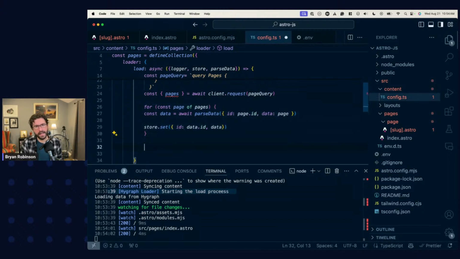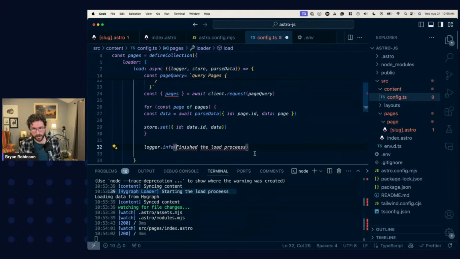Then we can say logger.info. And we can actually say, let's make this a template literal string instead. My favorite part is this typo came from GitHub Copilot. Like, come on, y'all, what's up? All right, finish the load process with